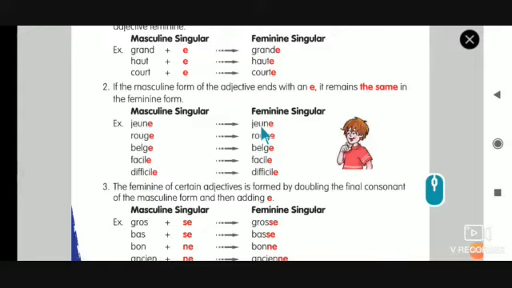Both remain the same. Rouge, rouge. Belge, belge. Facile, facile. Difficile, difficile. So rule number 1, add an E. Rule number 2, if the word itself has an E, don't add anything to it.